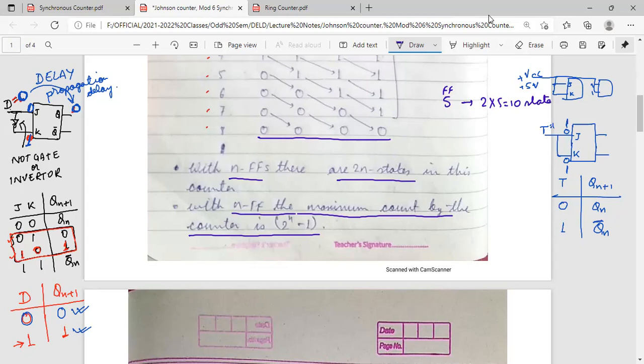Okay, और अगर n फ्लिप फ्लॉप है तो मैक्सिमम काउंट जो काउंट करेगा वो कहाँ तक काउंट करेगा, मान लें जैसे यहाँ पर 5 फ्लिप फ्लॉप है, so we will have 2 to the power n minus 1, that is 2 to the power 5 minus 1, that is कितना हो जाएगा 2 to the power 5 का वैल्यू 32 minus 1, 31. 32, और yes it should be 31. So maximum counting जो है ये 31 तक करेगा।